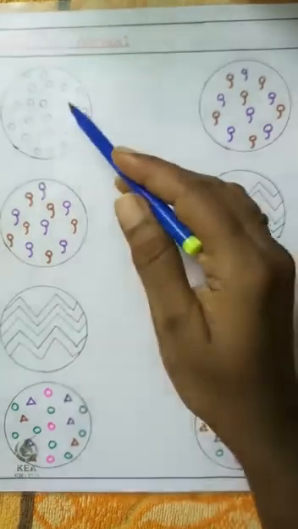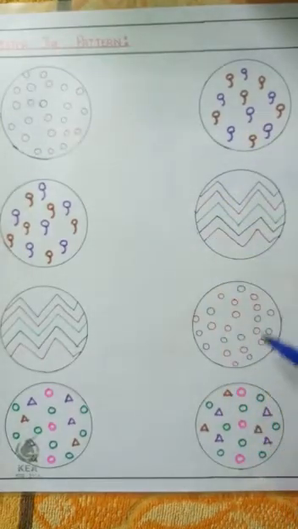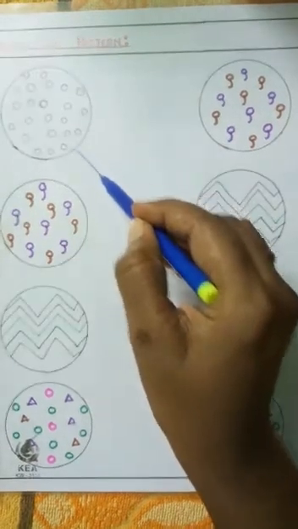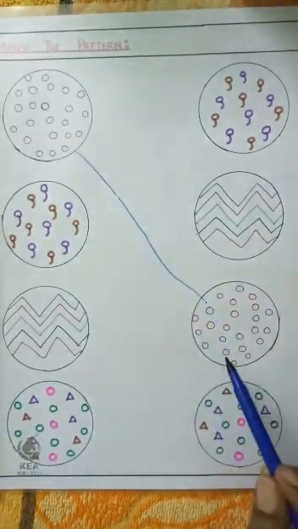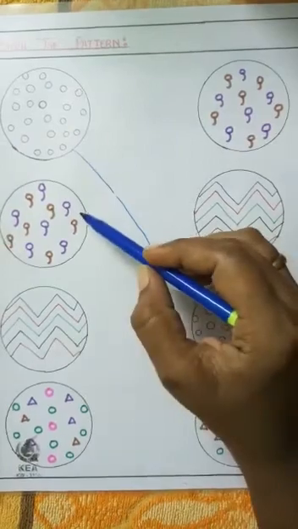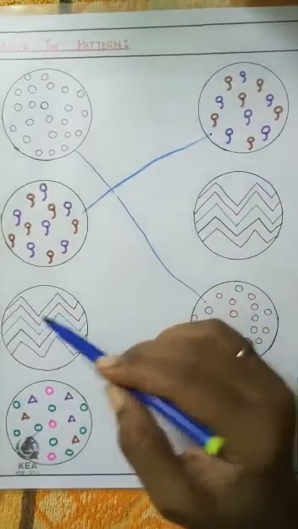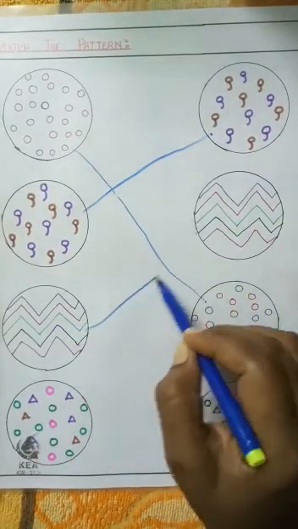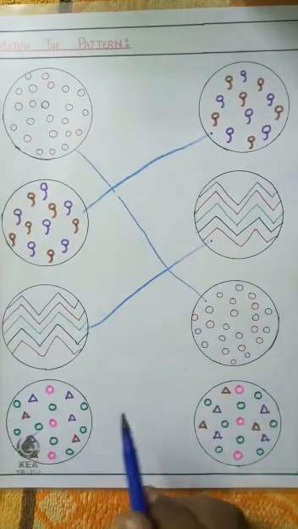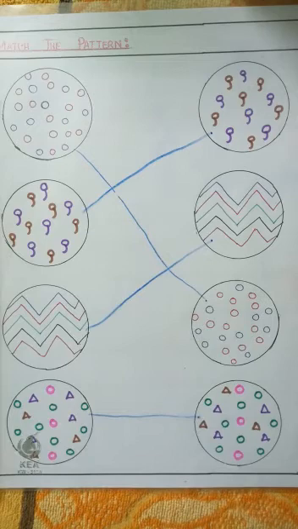So first consider the picture at the first circle. So I will try to match it with these at the right hand side. Yeah, here the number 3 circle of the right hand side matches with the first circle of the left hand side. So I am matching it in this way. Now come to the second circle of left hand side. Yeah, it matches with the circle at the first in the right hand side. Next come to the third circle. Yes, it matches with the second circle. Next come to the last circle. It matches with the circle which is just beside it. So I hope you can follow this.